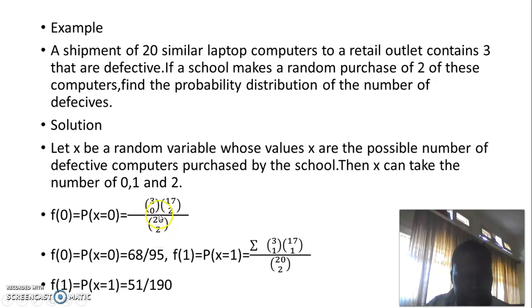Remember, you select 0 defective and 2 which are not defective. So 2 is being selected from the remaining 17. Remember, 3